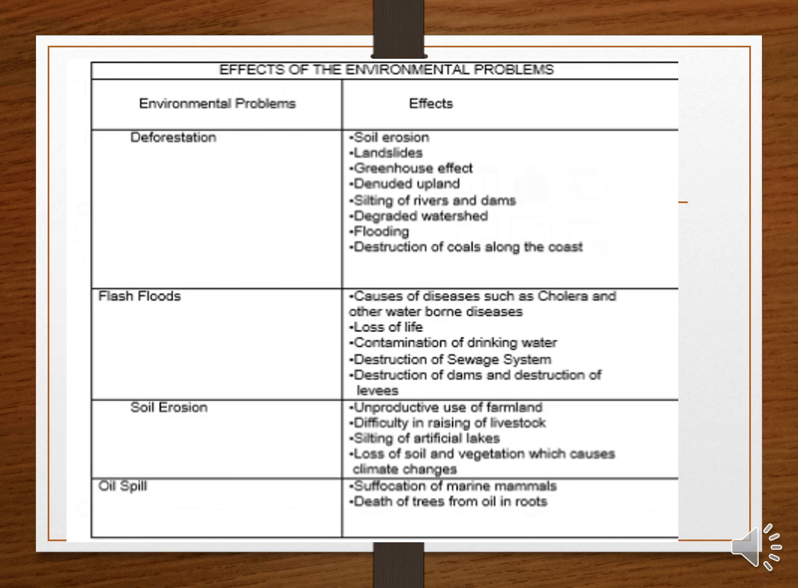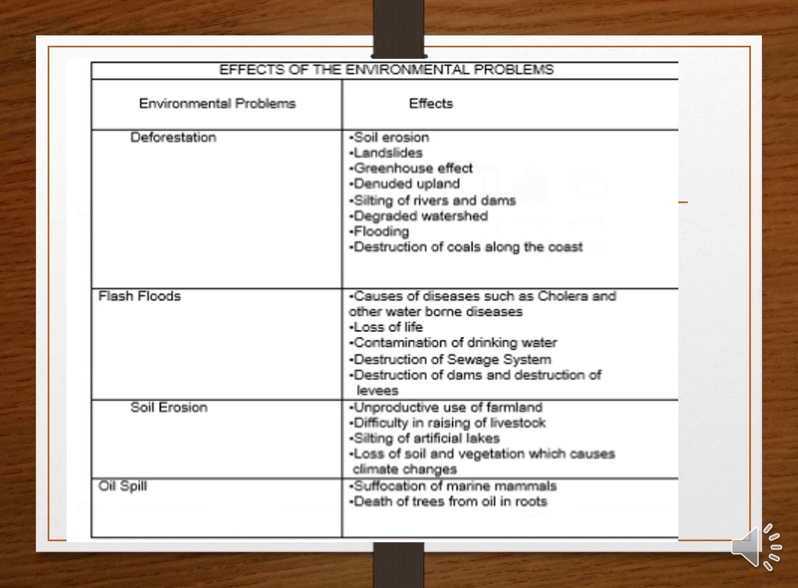Effects of environmental problems: deforestation, soil erosion, landslides, greenhouse effect, denuded uplands, silting of rivers and dams, degraded watershed, flooding, destruction of coasts, flash floods, causes of diseases such as cholera and other waterborne diseases, loss of life,